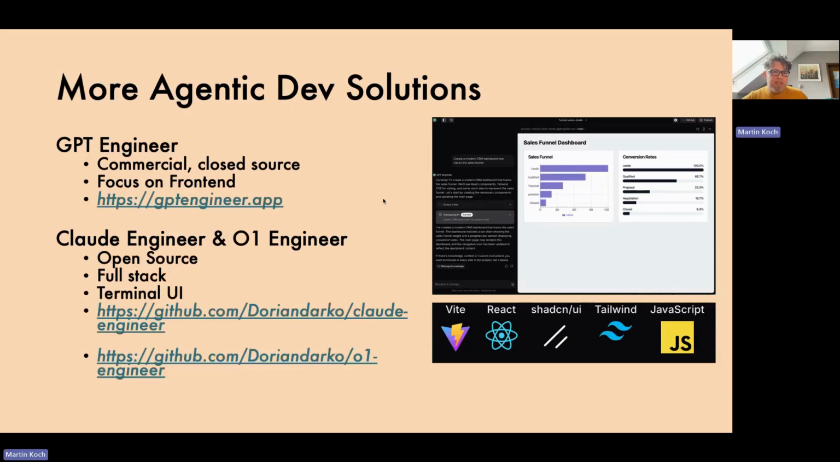A few other agentic development solutions. GPT Engineer, I would skip this one, not too advanced compared to the other ones. Some more free ones, Claude Engineer and O1 Engineer from the same guy, or the same team, I would even say here. They are also limited in the UI, but the results can really surprise you